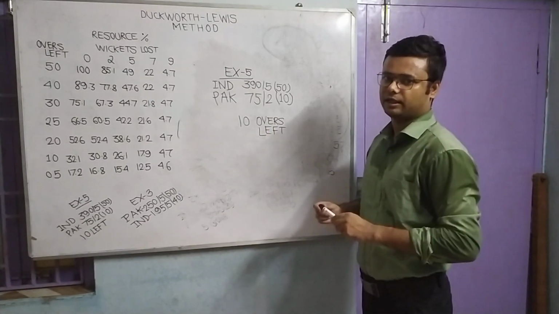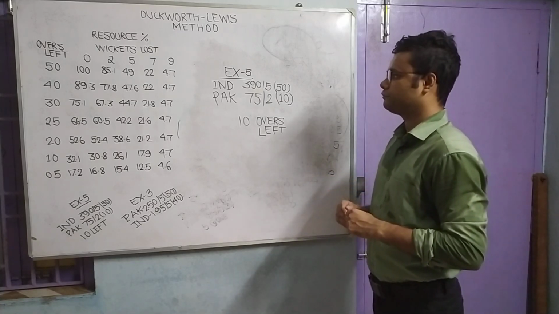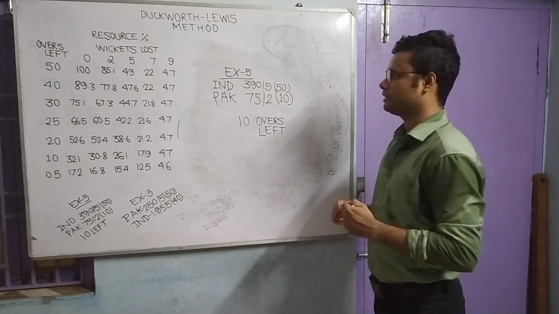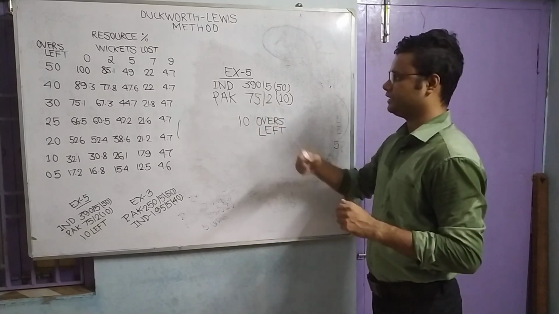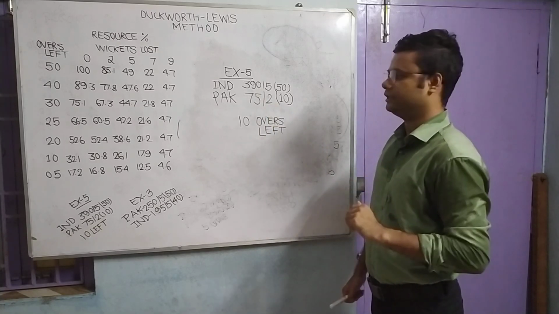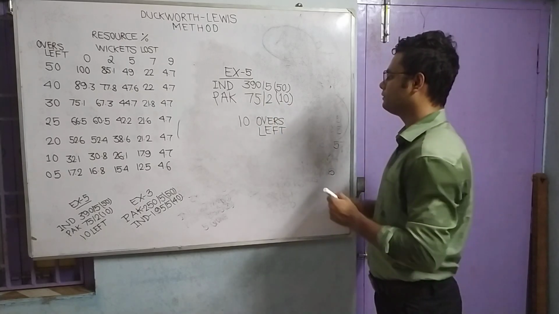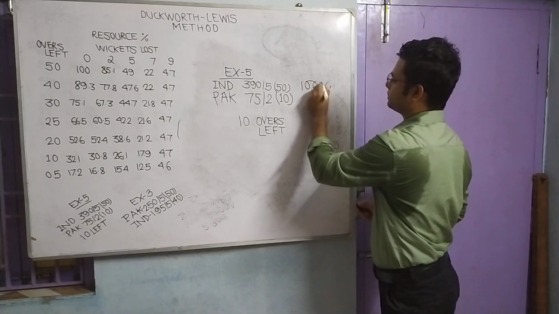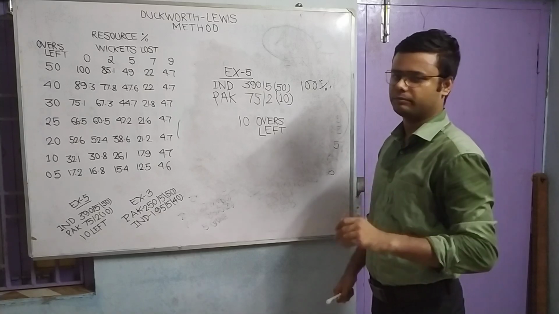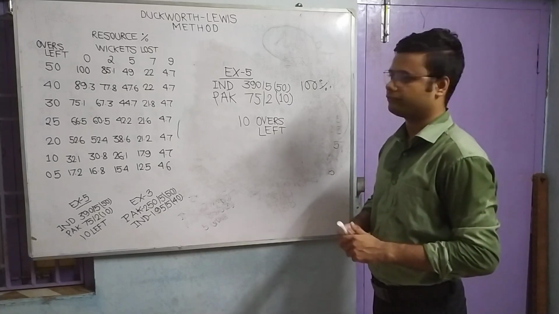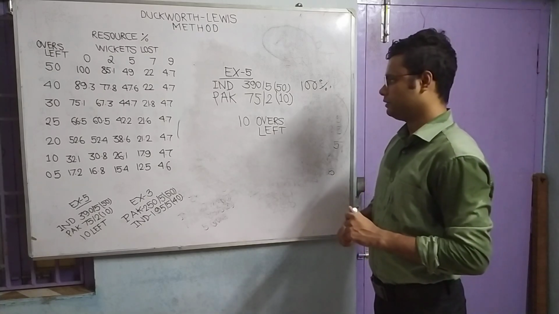You can see that I write in left hand. So now it is a 5 and ultimate one day between India and Pakistan, where India had elected to bat first, and they set a target of 391 because they scored 390 for 5 in their 50 overs using 100% of resources. When it was Pakistan's turn, Pakistan also had 100% of resources. But when they were 75 for 2 after the completion of the first 10 overs, rain came.